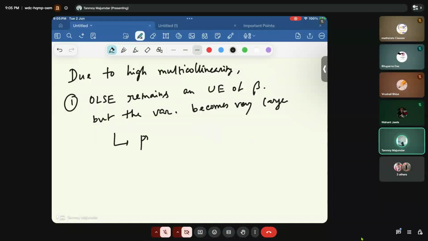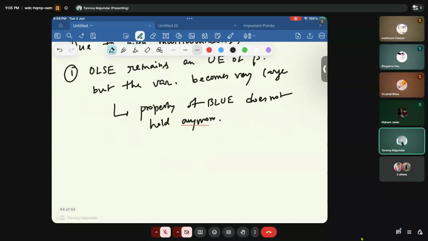ये पहला पॉइंट है, ये याद रखना है, ठीक है। सो द प्रॉपर्टी ऑफ BLUE, सो दैट इसका मतलब क्या है कि जो प्रॉपर्टी है BLUE का, BLUE does not hold anymore. फर्स्ट प्रॉब्लम, this the first problem, BLUE का जो प्रॉपर्टी है वो होल्ड नहीं हो रहा है।